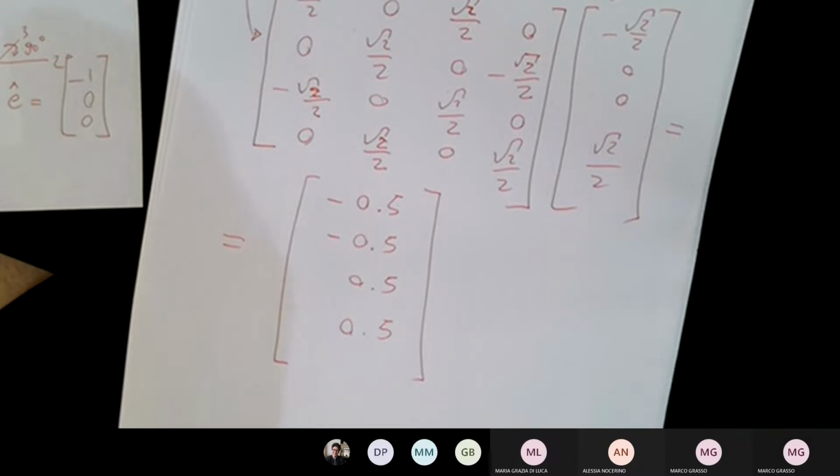Unless I'm using that product, matrix times quaternion, the wrong way. But I don't believe so, because I go from C to B and then B to A. So usually,